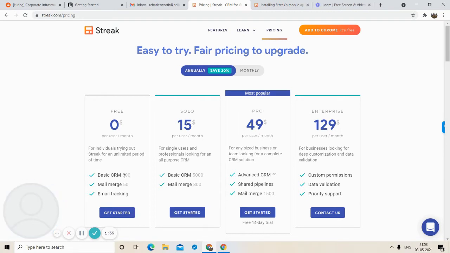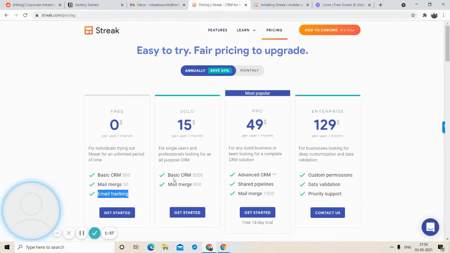So you can store 500 data at a time in your Streak CRM if you use the free plan. Mail merge 50 means you can mass email 50 individuals at one time. Email tracking is also available.